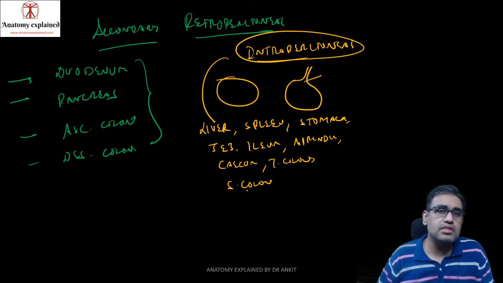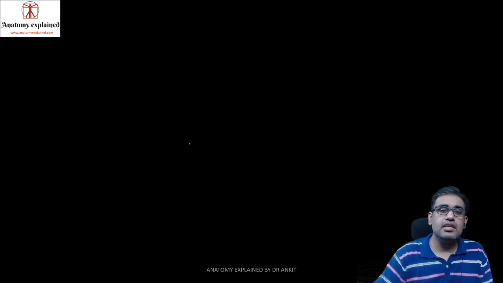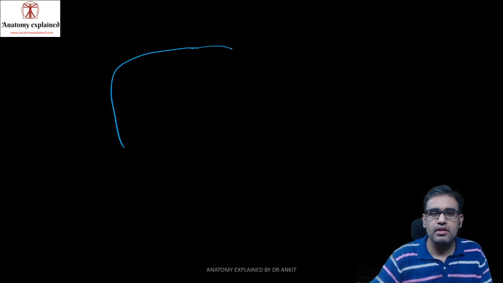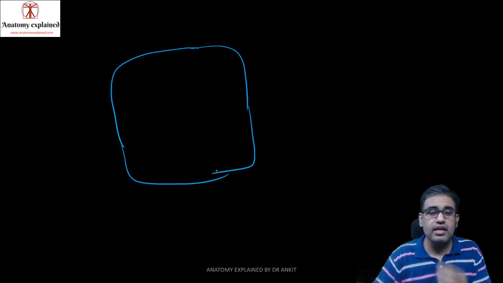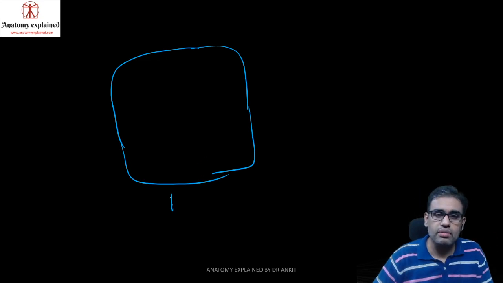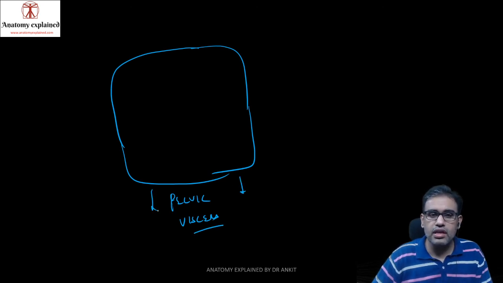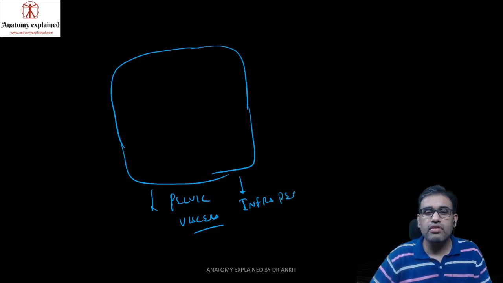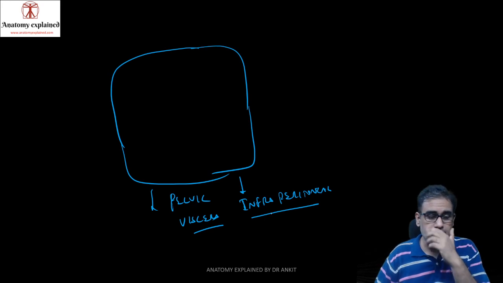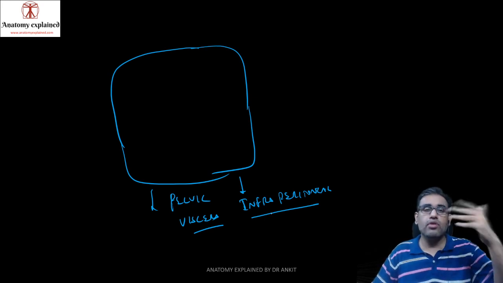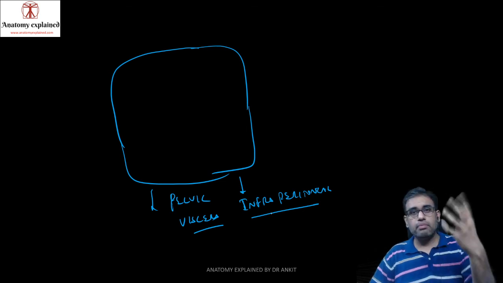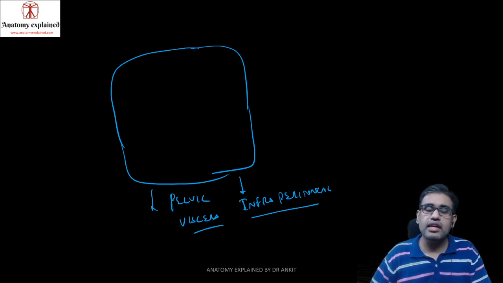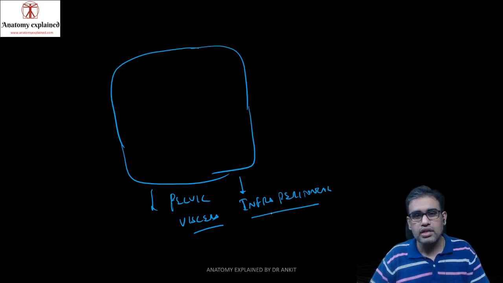We are not talking of the pelvic structures, because when we talk of the abdomen, the peritoneum is actually going like this, and it is taking a curve above the pelvic organs. So the pelvic viscera is located over here. To be exact, it would be called infraperitoneal. Infra means inferior or located below. A few areas of the pelvic viscera, like the upper surfaces or the upper part of the rectum, would be in touch with peritoneum, but not all the pelvic viscera. So they are lying below it.